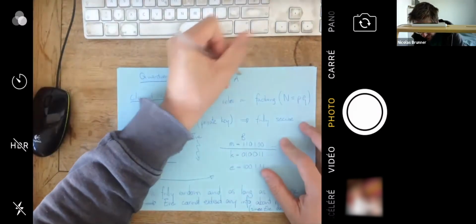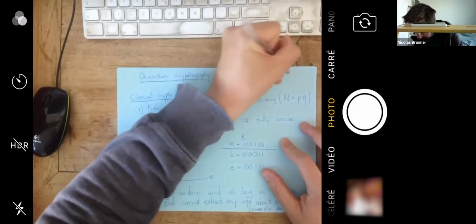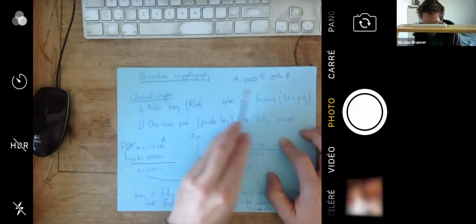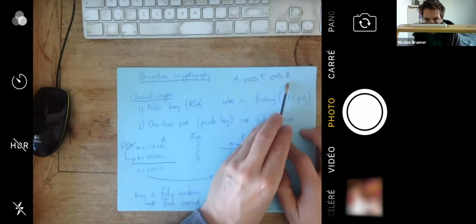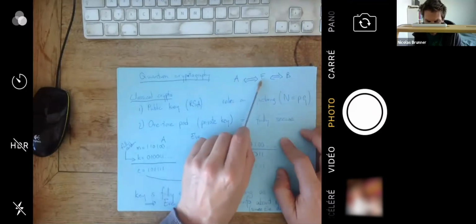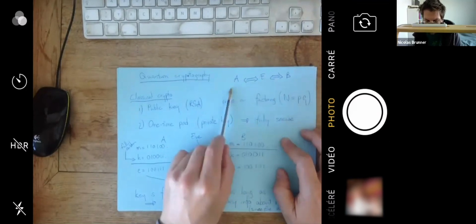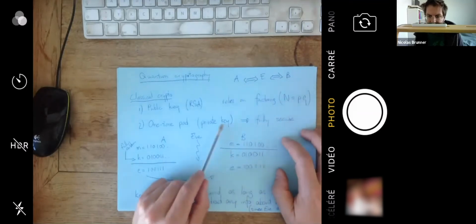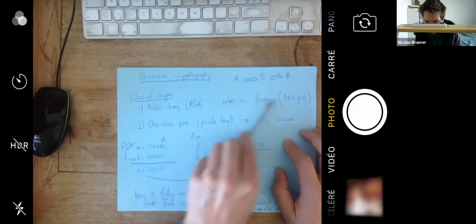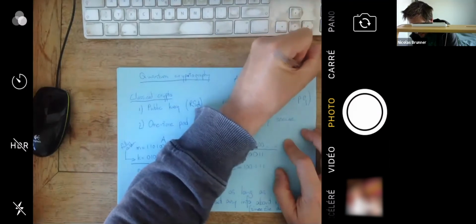So if you have a situation where Alice talks with Eve and Eve talks with Bob, but there is no direct communication from A to B, well then you can probably not do cryptography, because Eve can agree whatever with Alice and then whatever with Bob, but there is no way for A and B to check that they agree on something. So in that case, this is just a no-go. Here you cannot do anything.